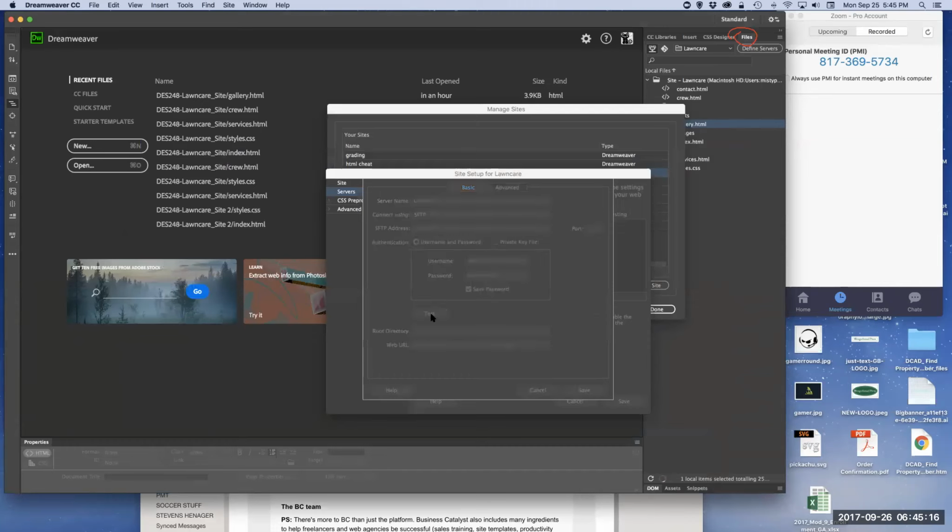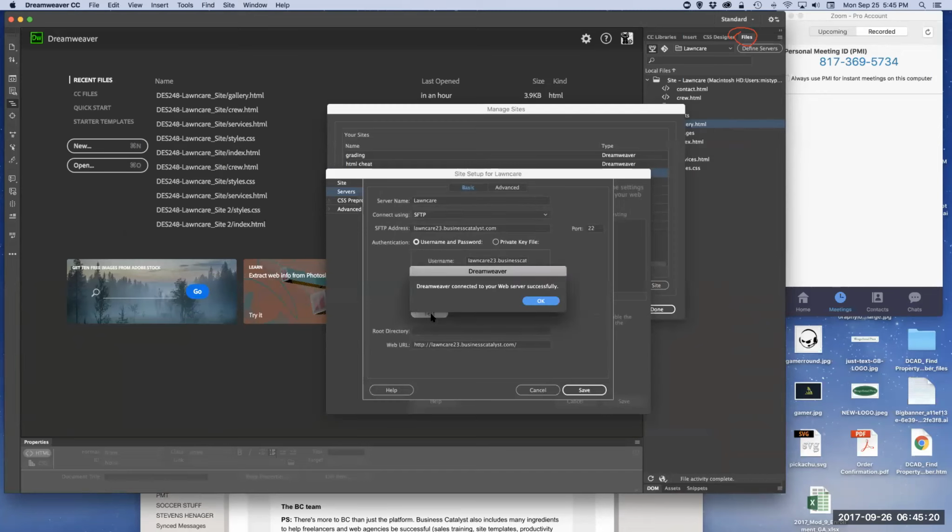And you're going to hit test. Dreamweaver connected to your web server successfully. That means you put in all the information correctly. If you do not get that message, if it tells you connection failed or you couldn't log in,